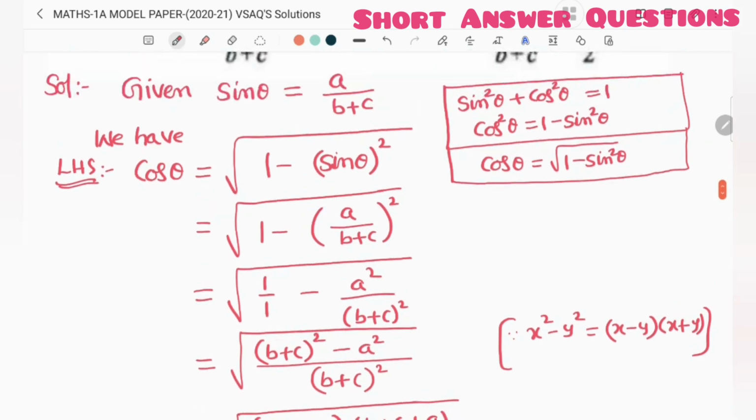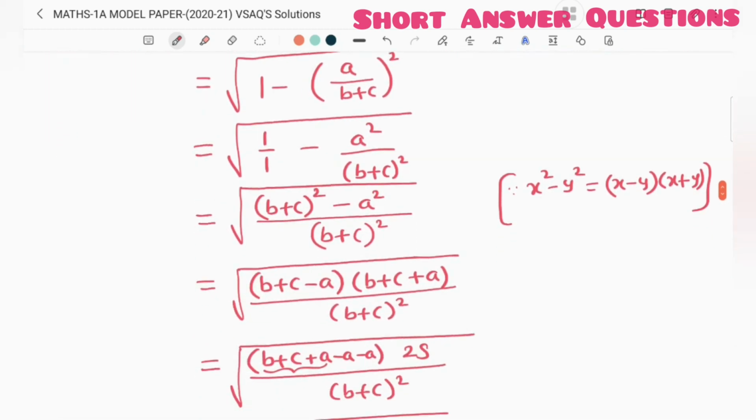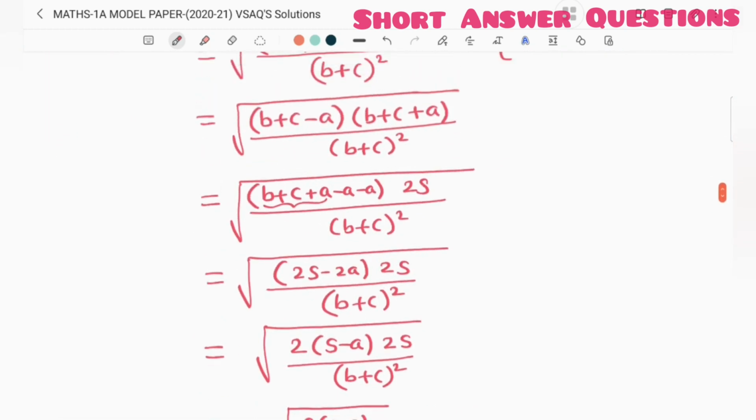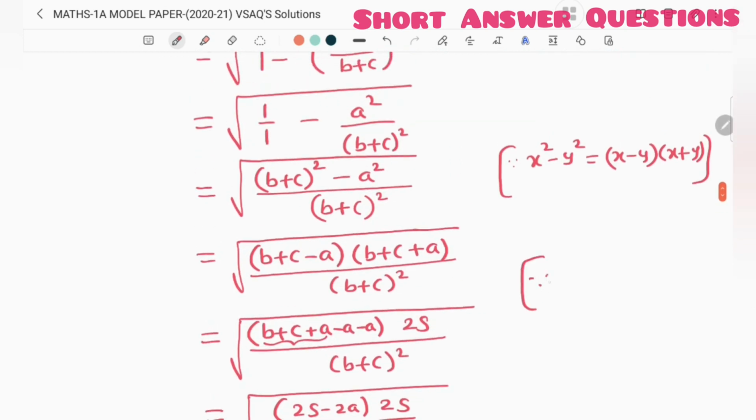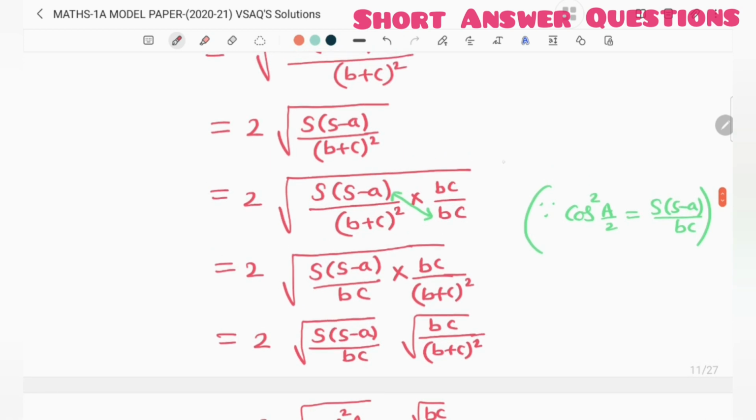Once again I'll scroll down. From this cos theta formula, once again I am writing a plus b plus c is equal to 2s in the triangle. Here also is a turning step. Keep this step in mind, whatever I marked with the star mark, you remember: multiplying and dividing by bc to get the formula form.